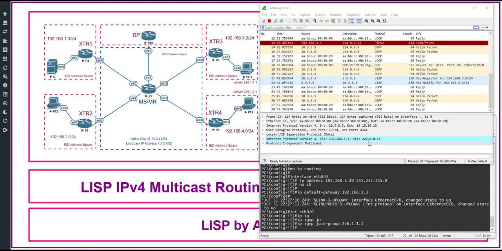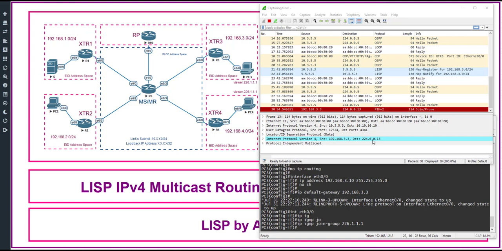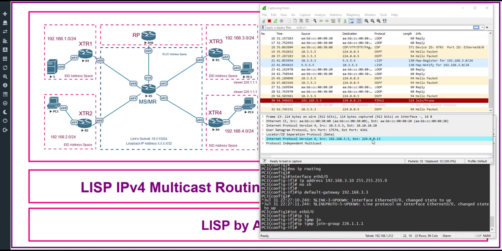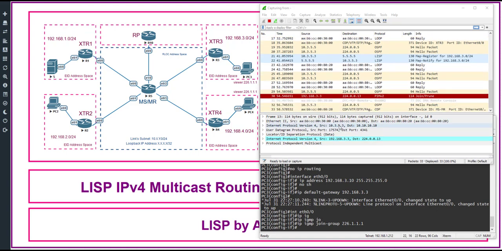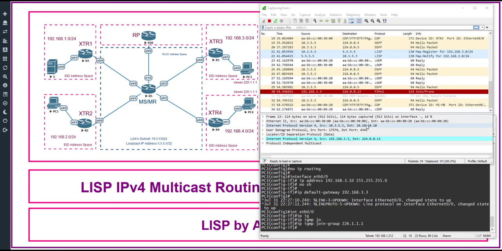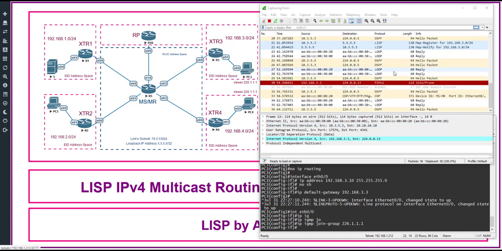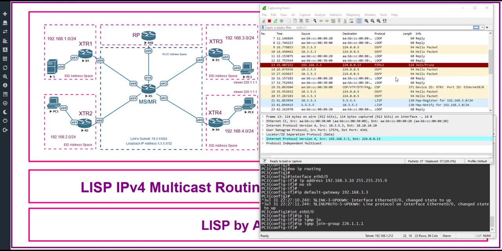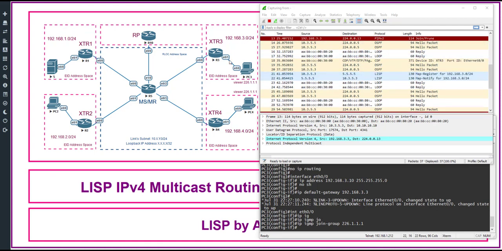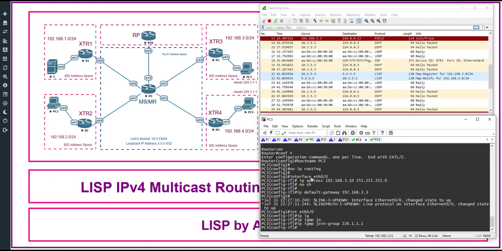This is the reserved multicast address of PIM, and this packet is encapsulated to router 10. The reason is that R3 learned about the RLOC of router 10. Look at here. You know that we configured IP PIM RP address, and then the RP address is 192.162.5.4.10. R3 asked the MR, and the MR gives this question to